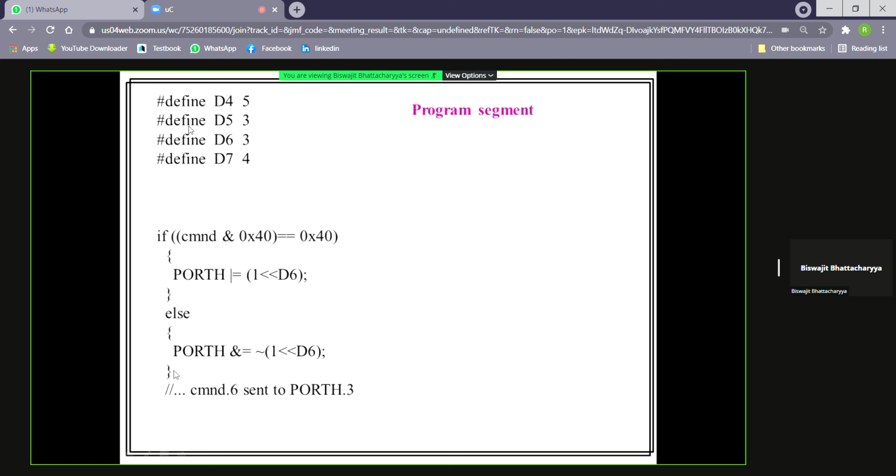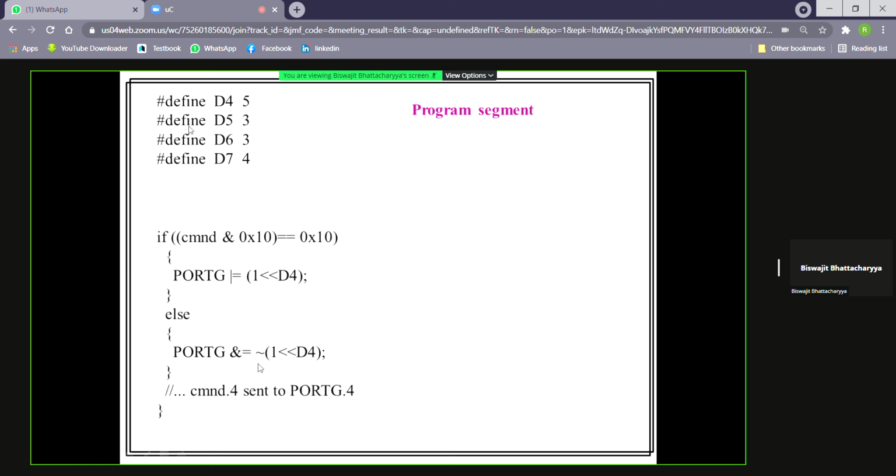Similarly, masking with 20 hex: if the result is 20 hex, then D5, port E.3, will be 1, else 0. And finally we test the D4 bit: if it is 1, port G.5 will be 1, else G.5 will be 0.